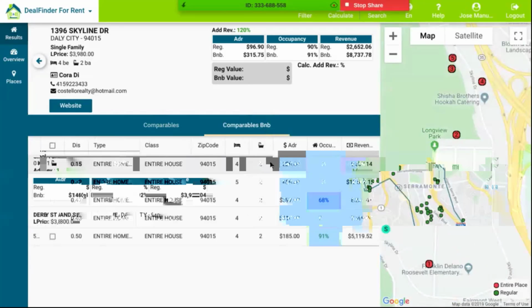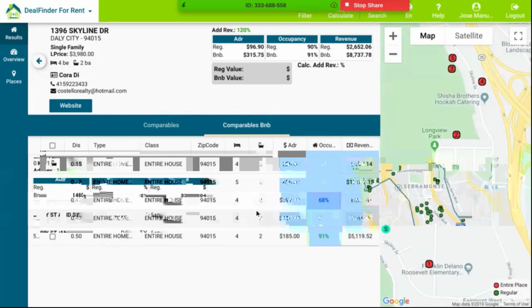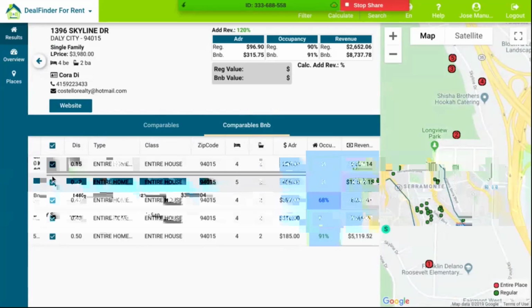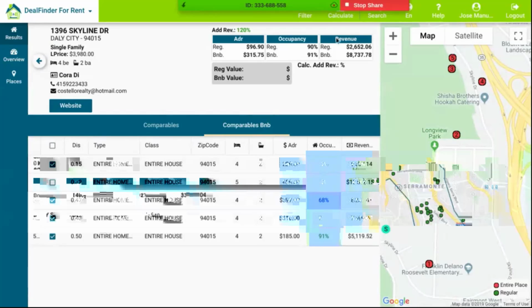Okay, now, but let's check the short-term rental comparables that we have in the area. I'm going to select them all, but I'm going to uncheck the one that has 3 bathrooms. Okay, and I want to click on calculate so I can get what the BNB value would be and how much is the additional revenue.